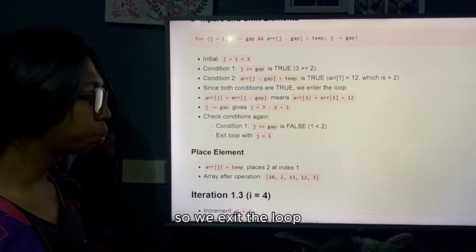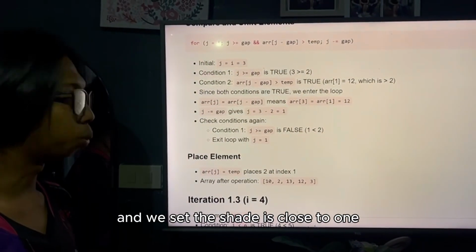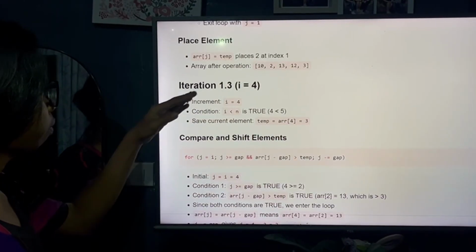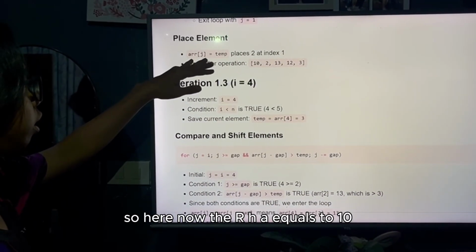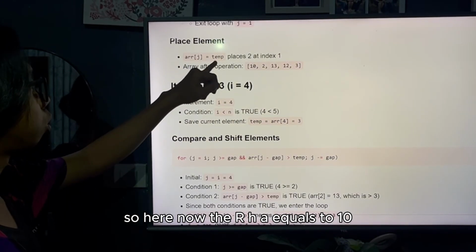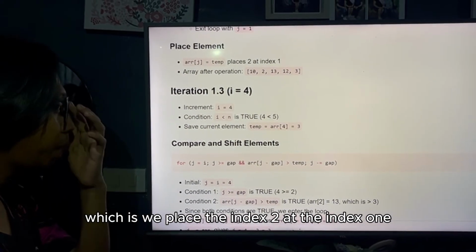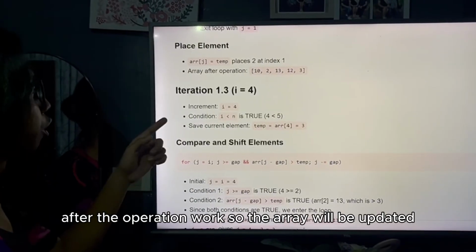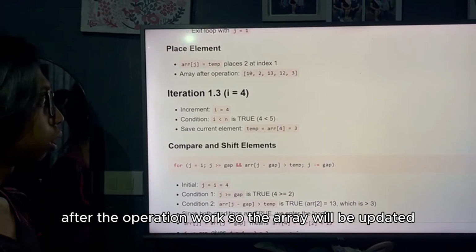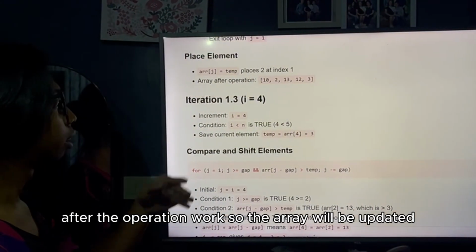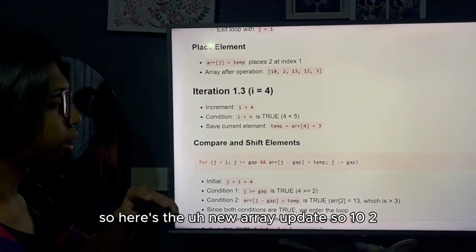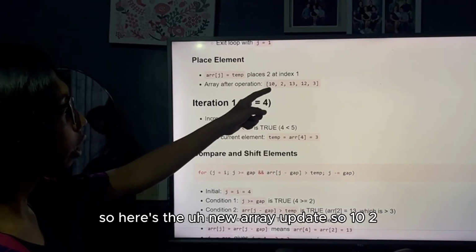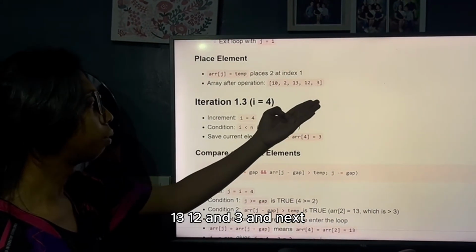So we exit the loop and j is equal to 1. Now arr[j] will be equal to temp, which means we place the value 2 at index 1. After the operation, the array will be updated. So here's the new array: 10, 2, 13, 12, and 3.